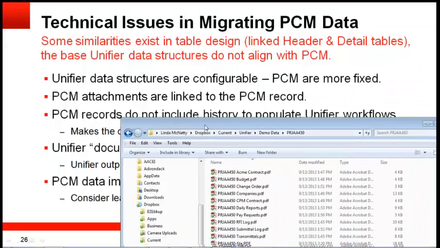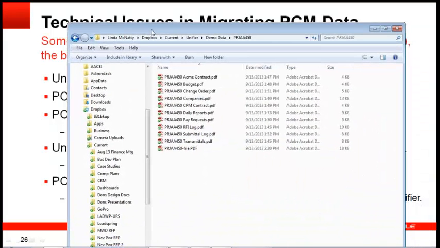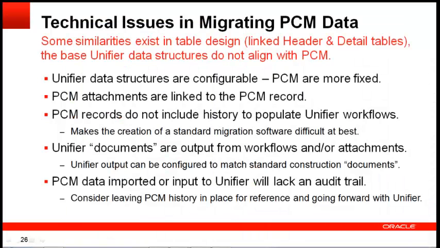We also ran reports out of PCM with all of the relevant data so that we might use this as the source of data for doing some manual input. We might use it to track, test, or validate the information that's gone into PCM.